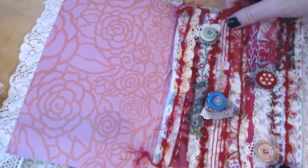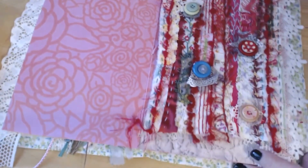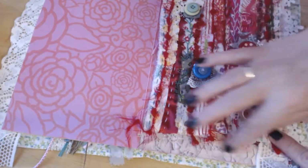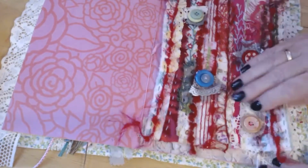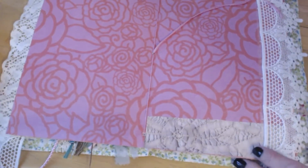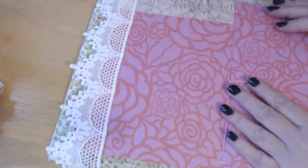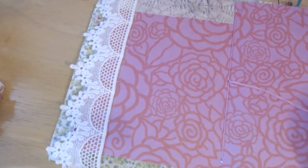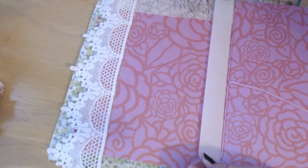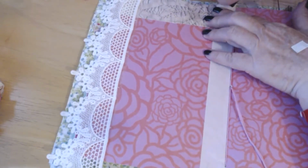Now I'm going to take this to the top of the page this time, just so we can have a little peek here. Just see the lace photocopy shining through. It's not shining, is it? It's smiling through. Now I'm going to turn it around this way. It's easier for me this way. And once again, I'm going to use the double-sided sellotape. So down here, this side,